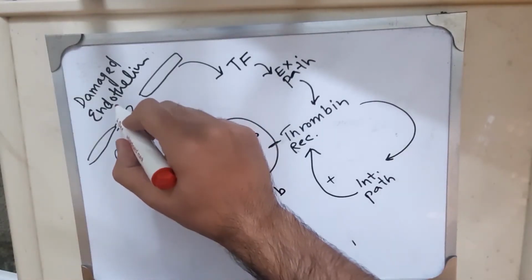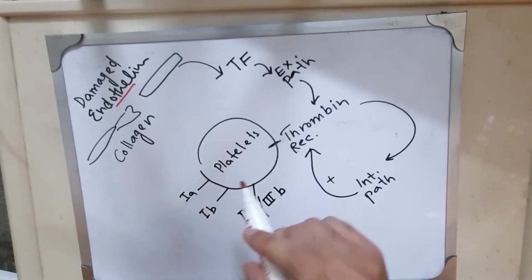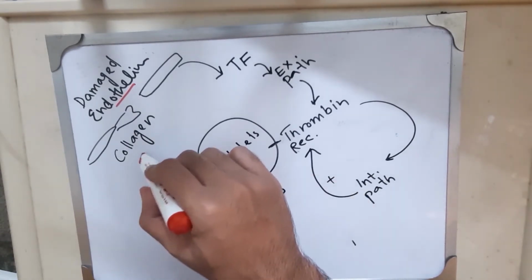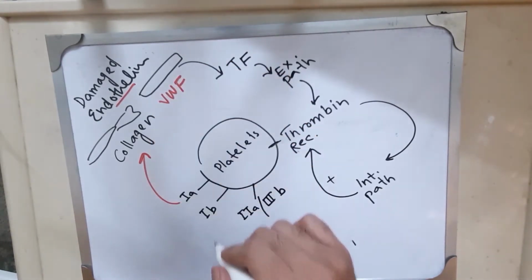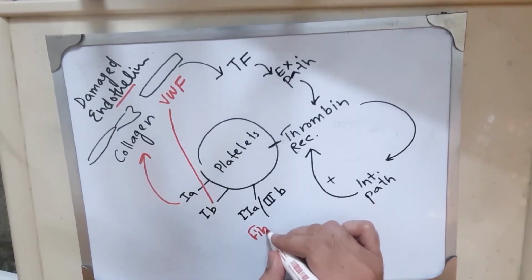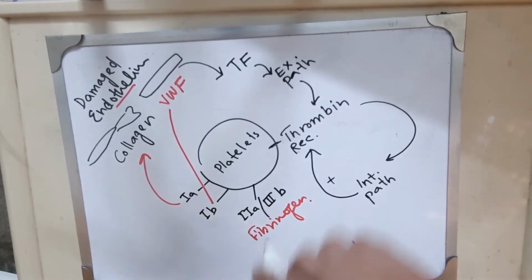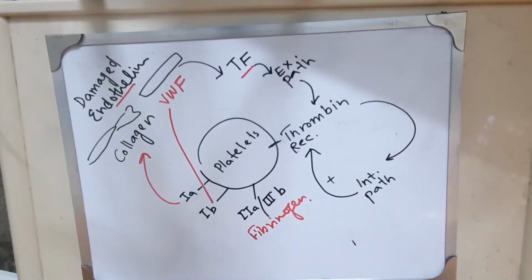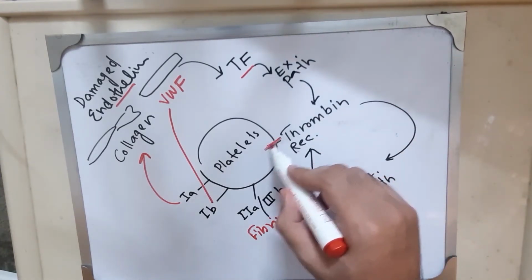When there is a damaged endothelium, subendothelial collagen is exposed. Platelets are activated. Collagen binds to a receptor on platelets. There is also von Willebrand factor present in the subendothelium which binds to the platelets on another receptor. There is a receptor for fibrinogen on platelets. Damaged endothelium also releases a small amount of tissue factor which activates thrombin and the fibrin thrombin receptor on platelets.